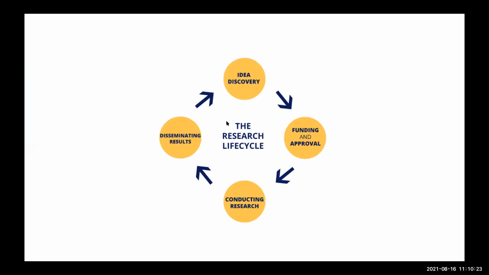Okay, we're going to jump straight into looking at what is known as the research lifecycle. This is a very simplified lifecycle diagram, but you can see that the process of research usually follows a sequential path, starting at the top with idea discovery or the generation of a hypothesis. This is followed by an approval stage, where researchers look for funding, write proposals, get approval. Next is doing the actual research. Followed by dissemination. After dissemination, new ideas will be formed, data will be reused, and the cycle begins again. As all of you researchers know, this is a simplified diagram, but it will hopefully serve its purpose here.